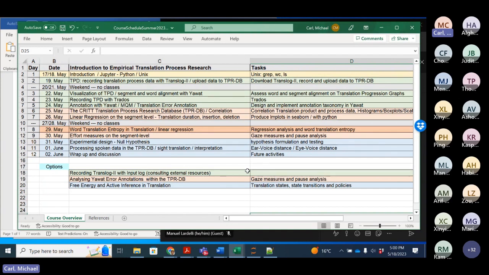And maybe some of you know that Krings had this distinction between three different kinds of efforts, which is temporal, technical, and cognitive effort. And of course, temporal effort would perhaps be the duration, how long it takes to produce a translation.